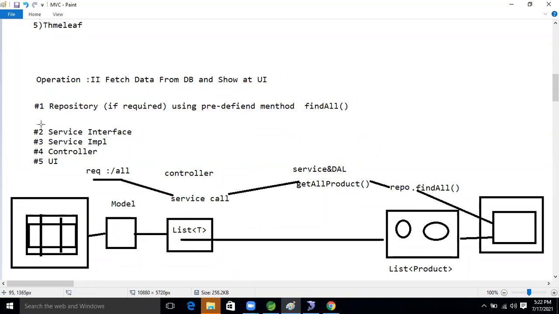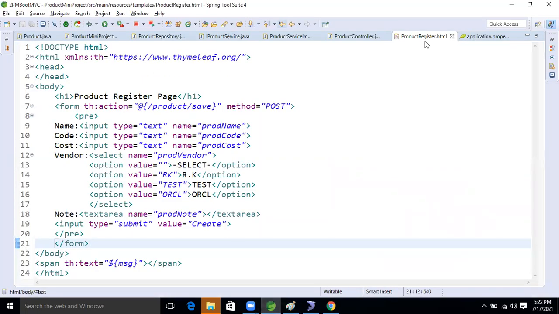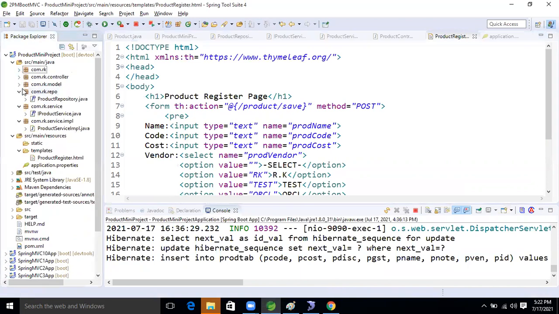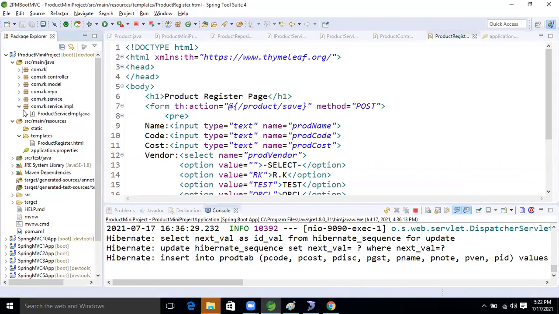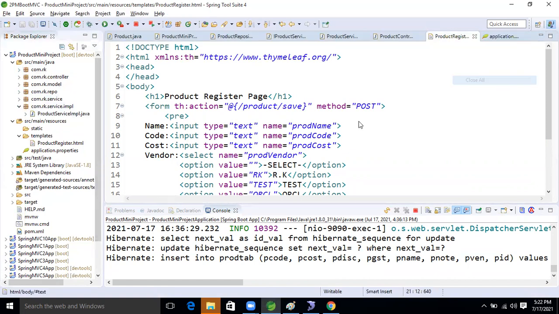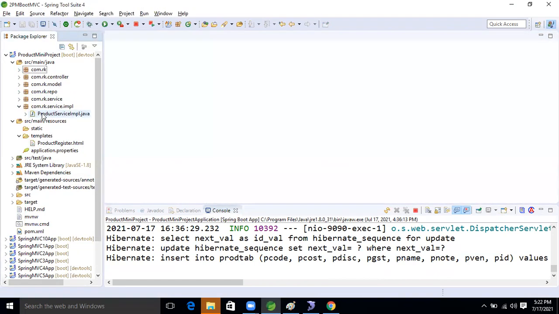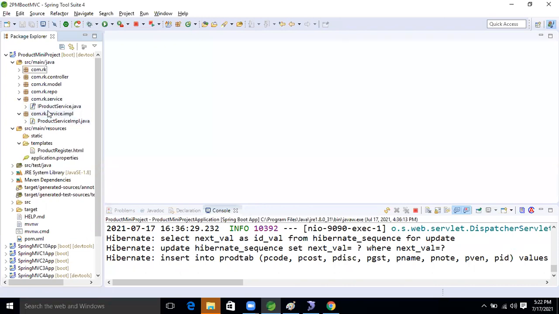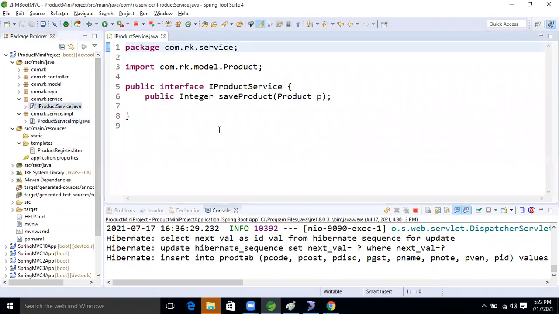So where will we go now? First we will go to our service interface, then its implementation class, then from service impl to the controller and UI. First, we go to the service interface now.